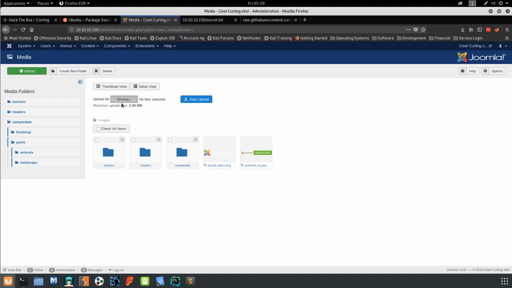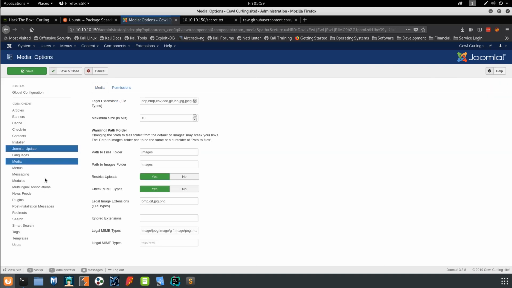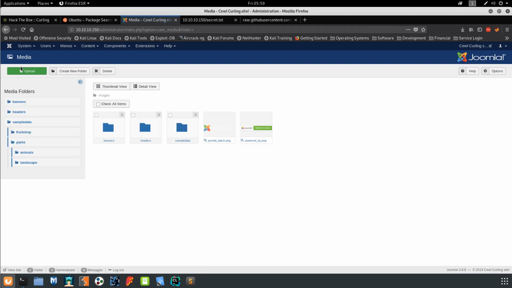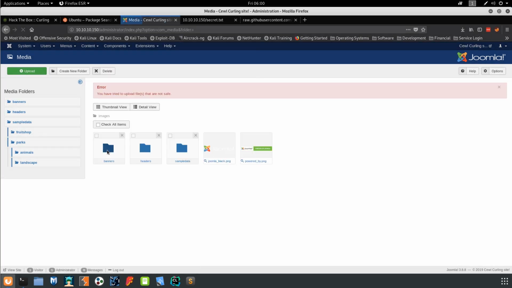So now if we try and upload, and we get the same thing. So it looks like whoever built the box probably modified something so that even though we can actually add it there, it's not taking effect, or I'm doing it in the wrong spot. In either case, I suppose we can add it to legal image extensions to see if that works. Although that may cause the MIME type to be all messed up, but yeah, so same thing. So that is a dead end, but what we can do instead is, I believe there's also